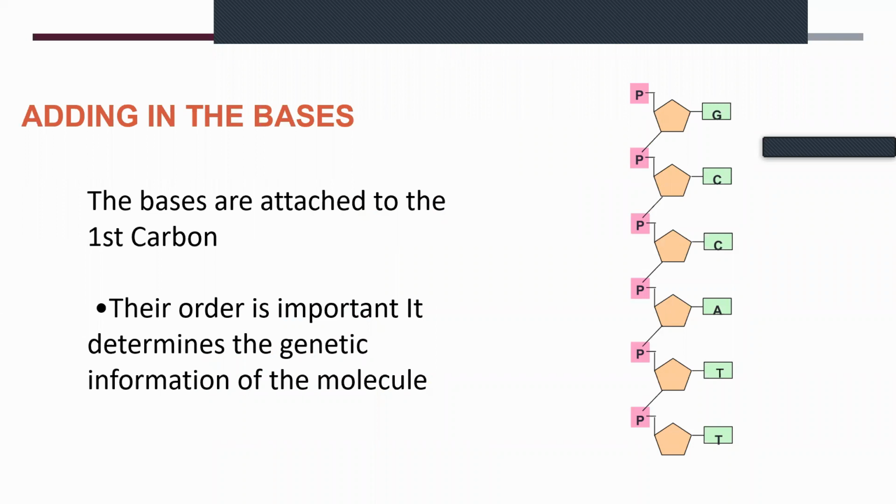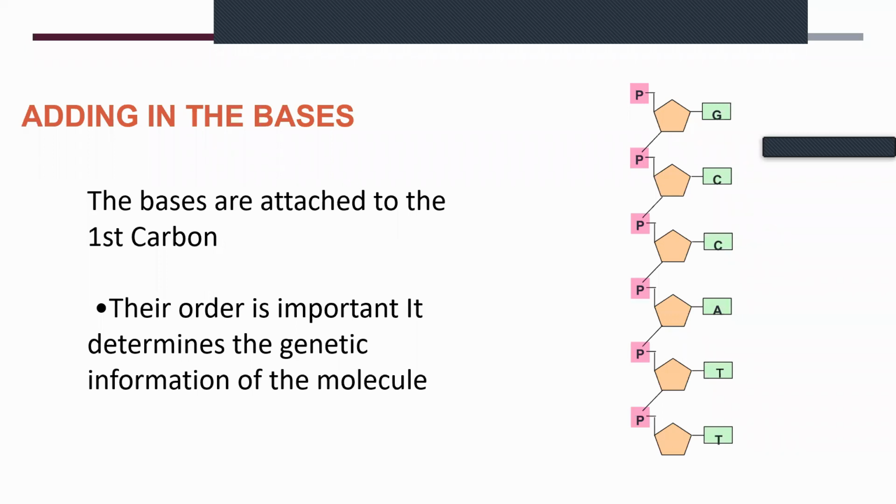Now on the other side, इस साइड पे तो फॉस्फेट था, दूसरे साइड पे था नाइट्रोजनस बेस, राइट? Nitrogenous bases are added to carbon number 1. Okay, always remember this. Phosphate is added to carbon number 5 and it will also join with carbon number 3 of the previous one. Nitrogenous bases are added to carbon number 1. Okay, and their order is important to determine the genetic information. So we know the codes, right? GCC, AGC,